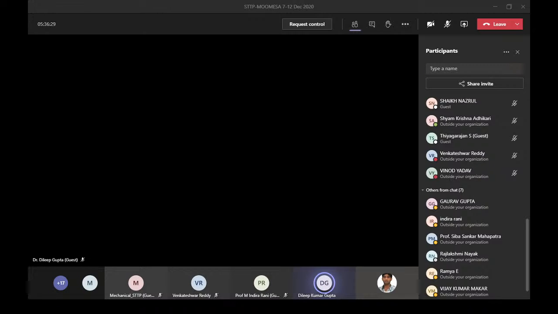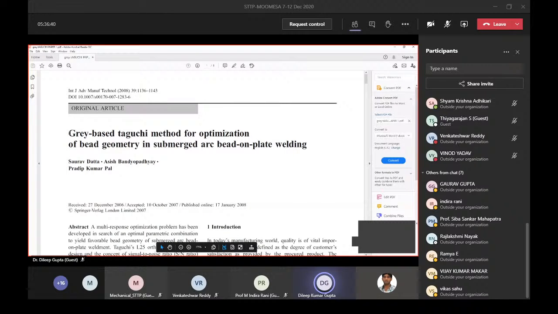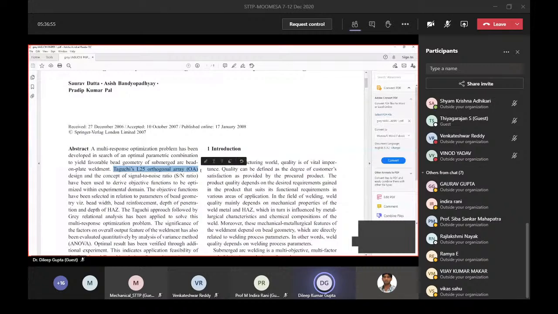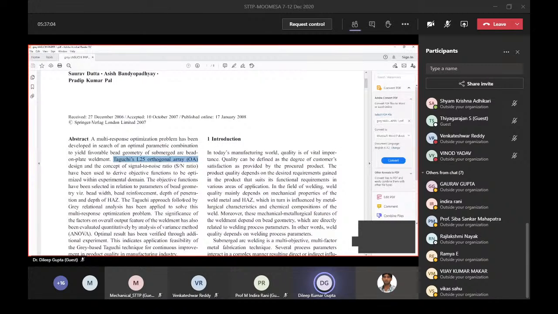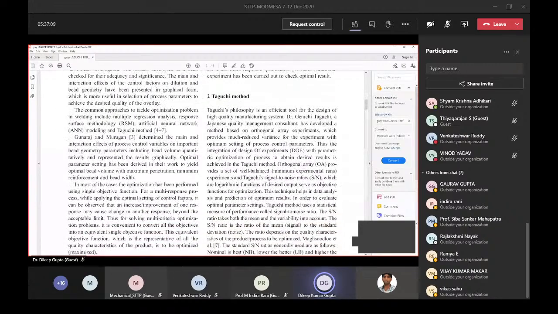Is it visible? Yes, sir. Yeah, gray based Taguchi method. Now you can see the combination कैसे combine किया गया है. Gray based Taguchi method for the optimization of bead geometry of submerged arc welding on plate, right? Here they have considered L25 Taguchi array for design of experiment. This is the first step. First design the experiment using L25 orthogonal array, and by using this orthogonal array